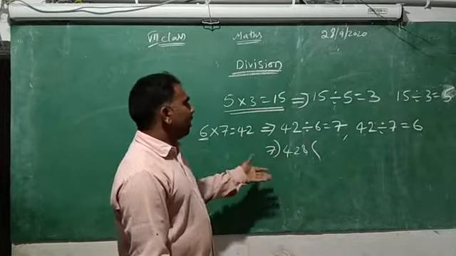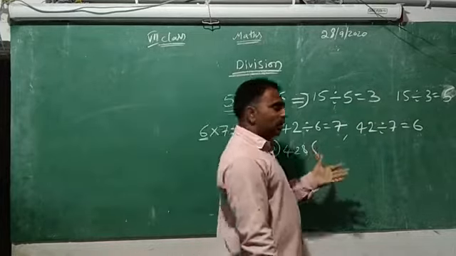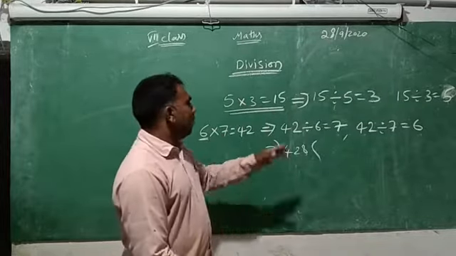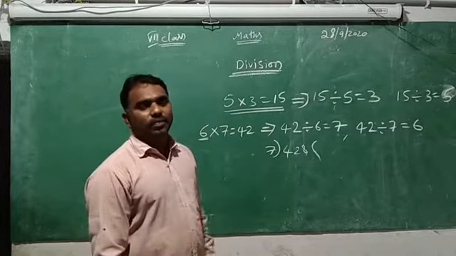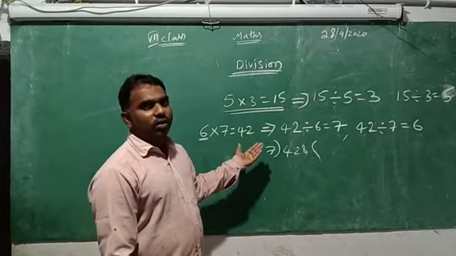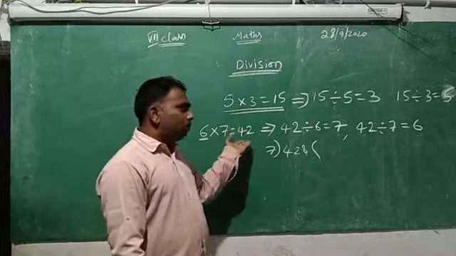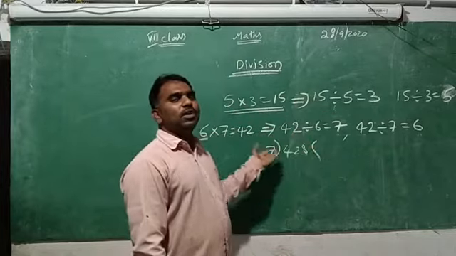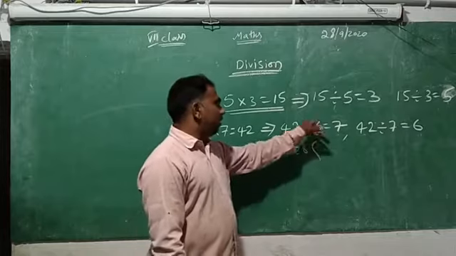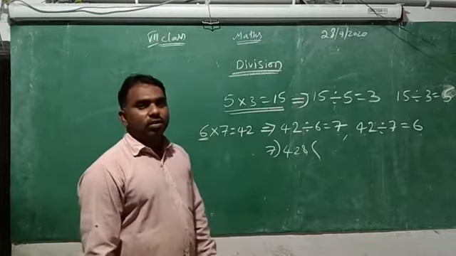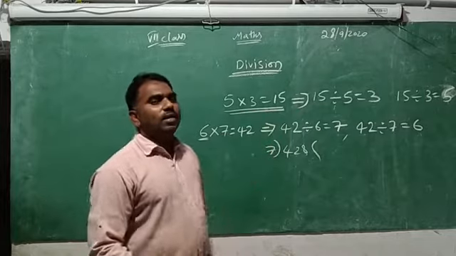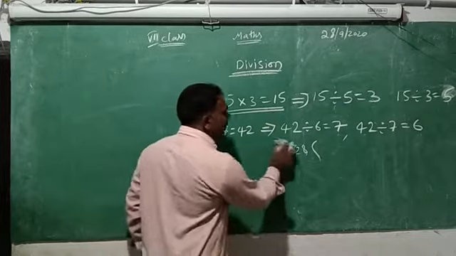Means I think you are understanding. The division can be done by using the multiplication. The division will form by using the multiplication. Means the opposite direction of multiplication, the opposite meaning, is division. So we will get division by using the multiplication. So if you know multiplication, then easily we can learn the divisions. So that's why I said this.